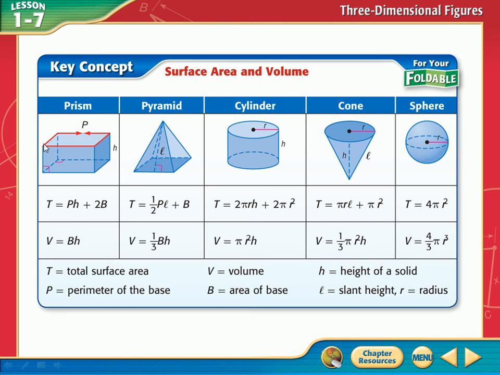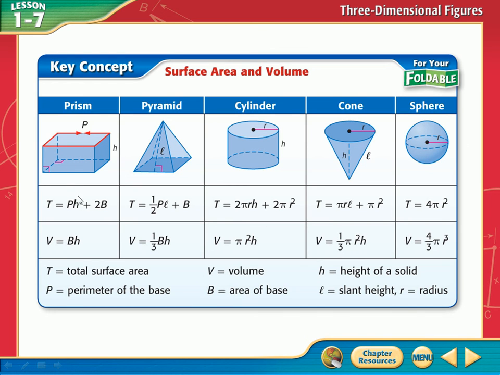So I add up the lengths of all four sides of the base, then I multiply it by the height. Now look at what the height is. The height on a prism is from one base to the other. Do you see that straight up and down, perpendicular line that connects the top base to the bottom base, because there are two bases? That's the height. So you have to know what the height is. Just because you know the formula doesn't mean squat if you don't know what you're talking about on this prism. So we take the perimeter, the distance around it, multiply it by its height. Then 2 times B. What do you think B is? It's the area of the base.